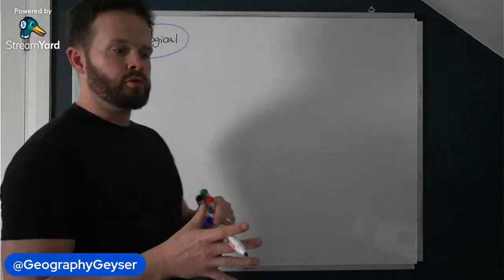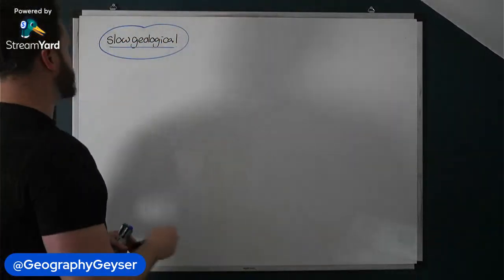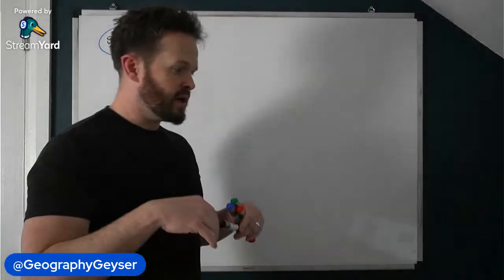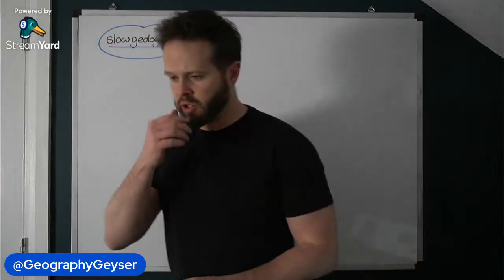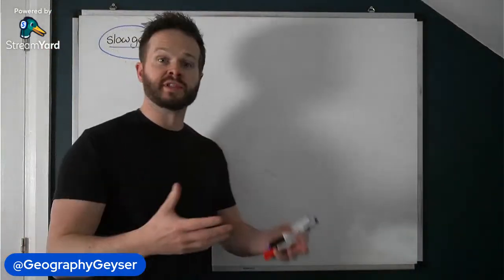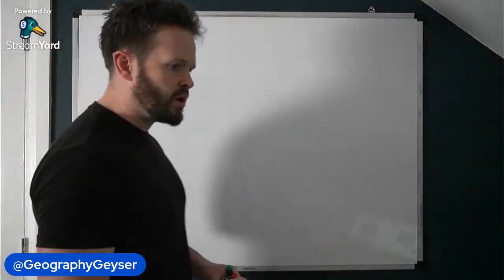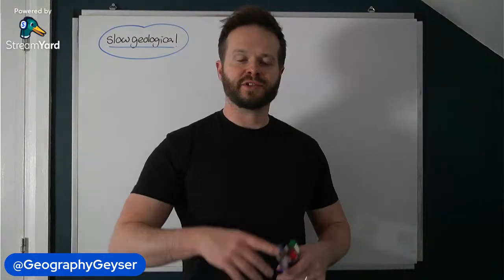We're going to do a quick recap of the slow geological cycle that we covered last week, and we're then going to see how the slow geological connects to the fast biological cycle. From there we're going to see what that fast biological cycle actually looks like, because you'll notice that this operates over shorter timescales than the slow geological cycle, and it involves a far greater range of processes. So we'll kick off, because there is quite a lot more to cover than in the slow geological cycle. So fast biological, that's what we're going for tonight.